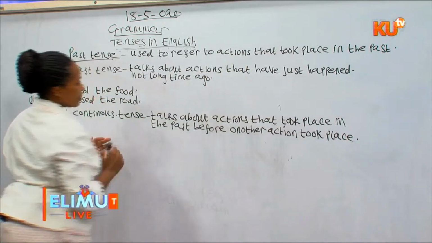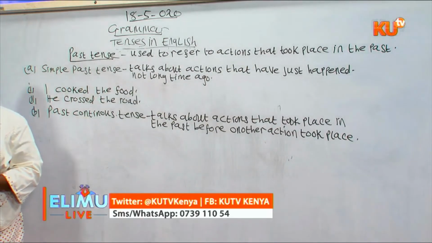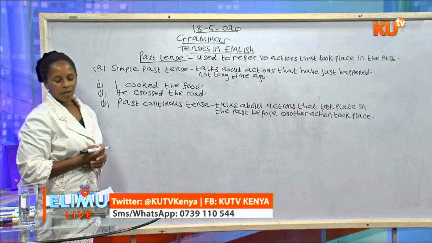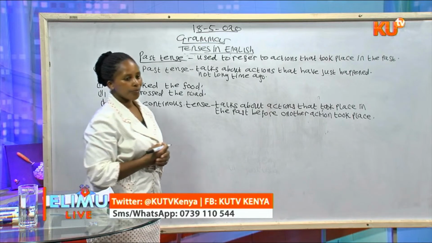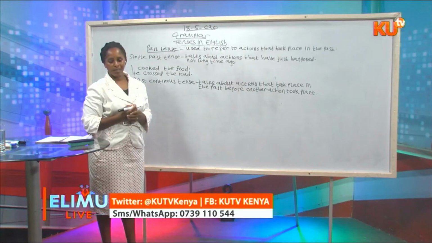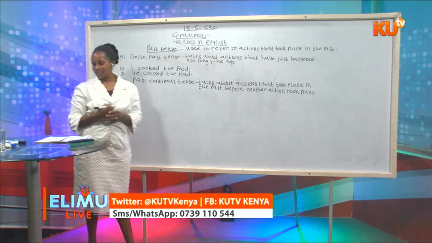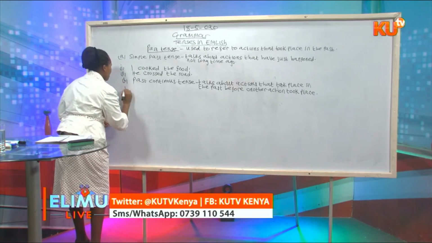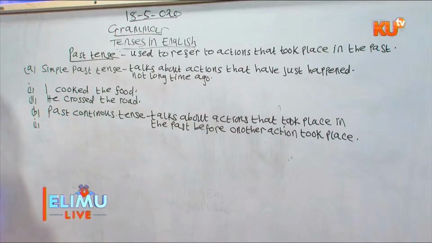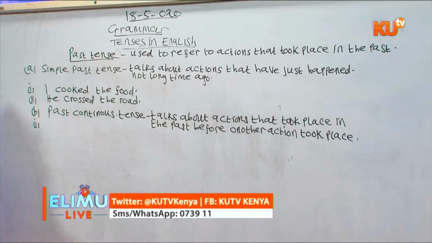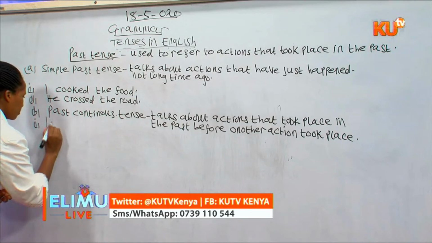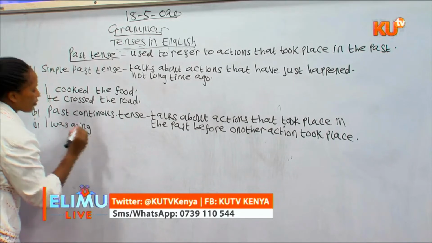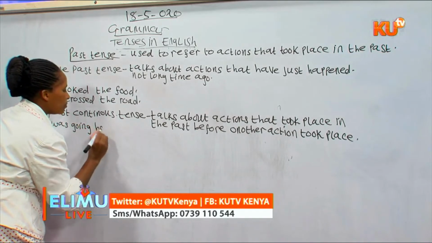So that is the past continuous tense. And with this kind of tense, we use a helping verb, that is was plus past and ing form. I can have some examples in sentences, and I can say, I was going home